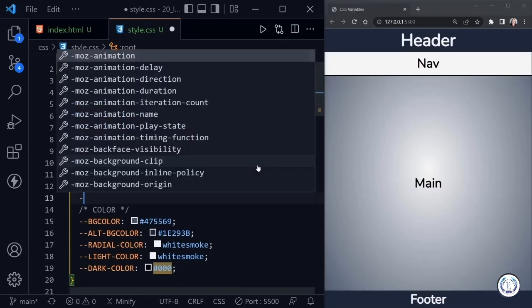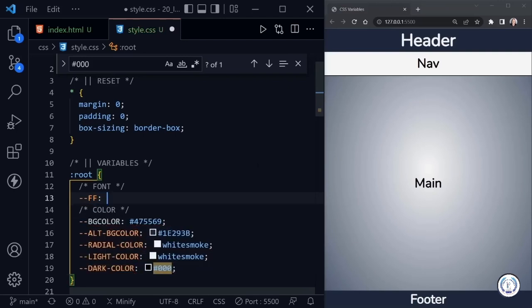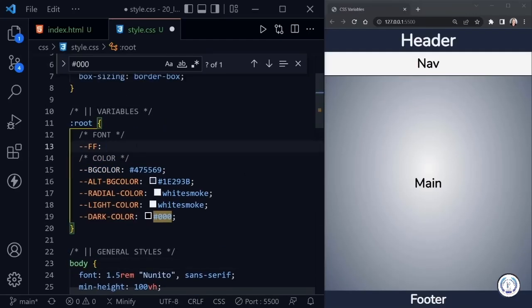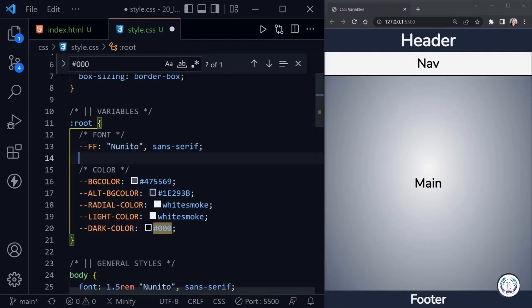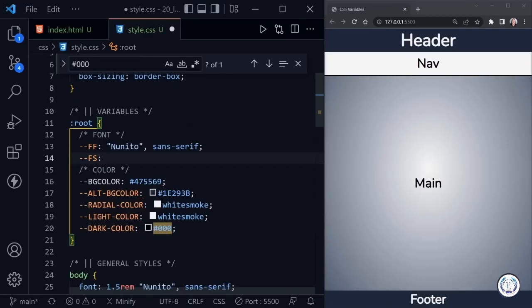And now for the first variable, I'll do 2 dashes and FF for font family. And then we can just copy the value we have here, which is Nunito with the fallback sans serif. So I copy that, I'll bring it up to our variable, and we've added that. Now I'll do 2 more dashes and an FS, a capital FS, for font size. And here I'll put 1.5